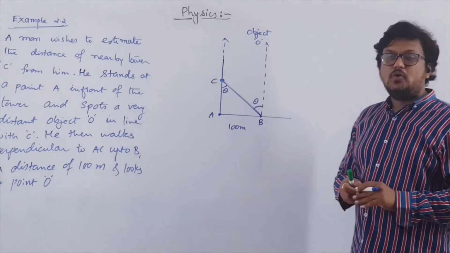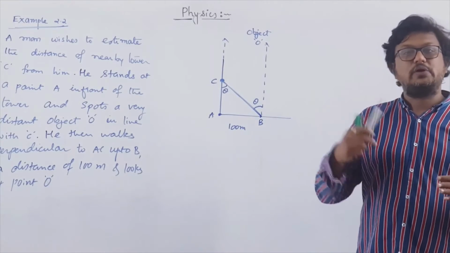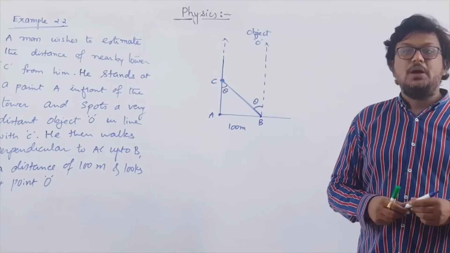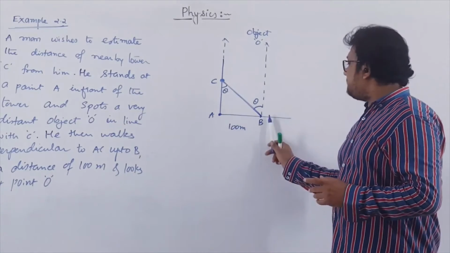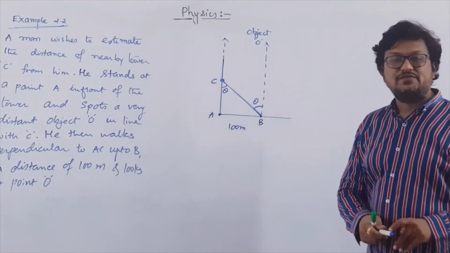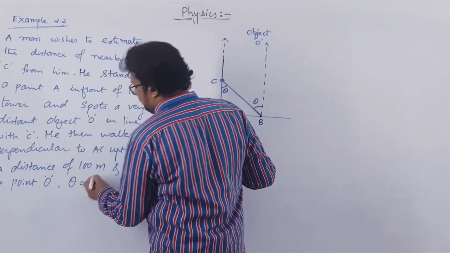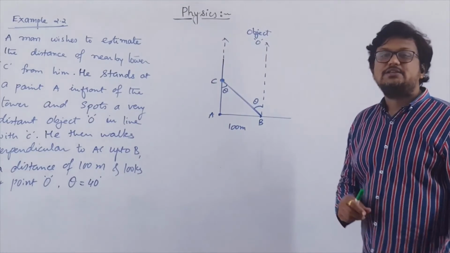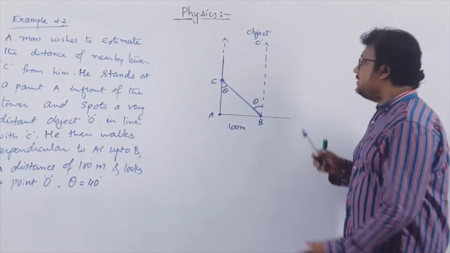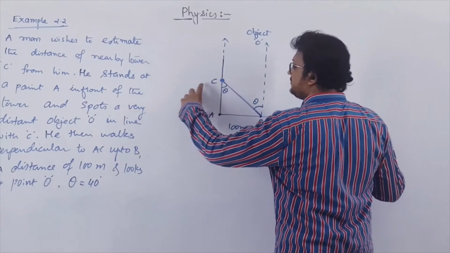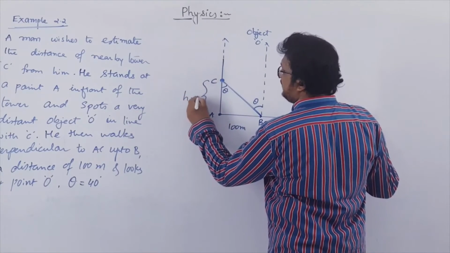So he looks at point O, which is very distant. Since the O point is at a very large distance, the line of observation from OA or BO is nearly same. But he finds that the line of sight to C, that is AC, and from B to C is shifted by angle theta, which is given as 40 degree. So directly I am writing here theta is given as 40 degree. Estimate the distance of point C, that is the tower, from its original position. We have to find this thing. Let us say this is H, which we have to calculate.